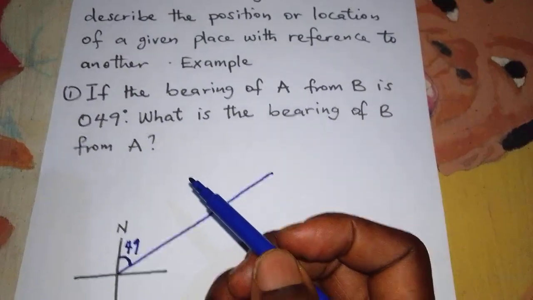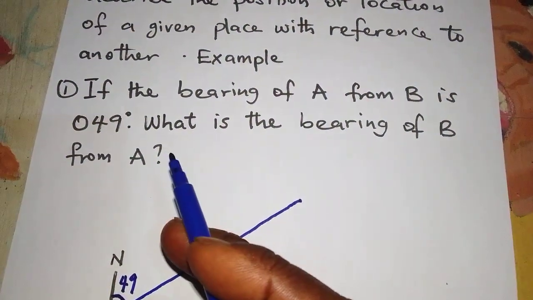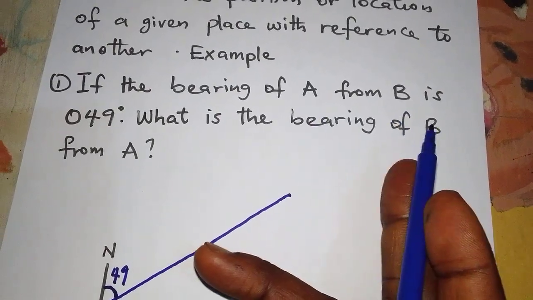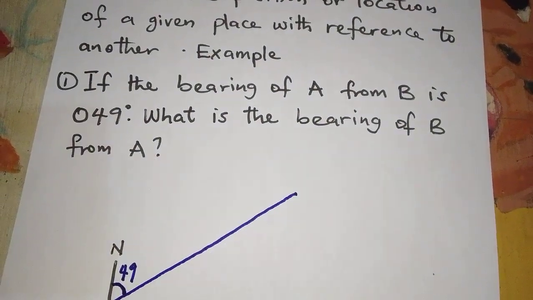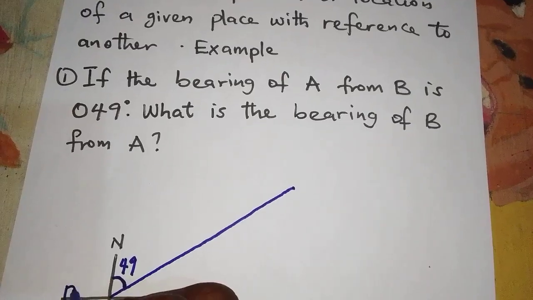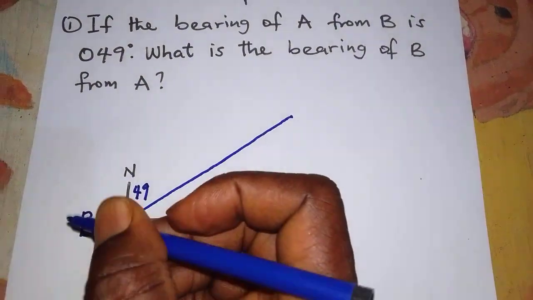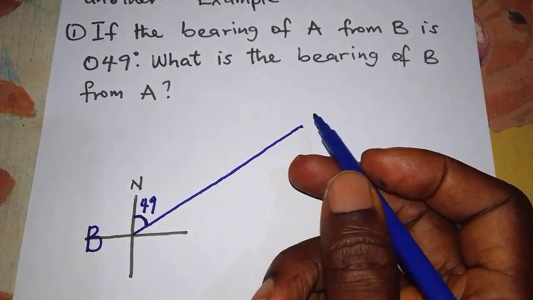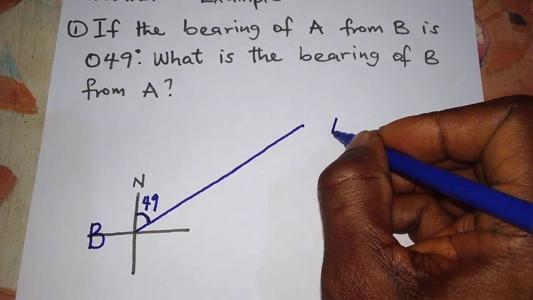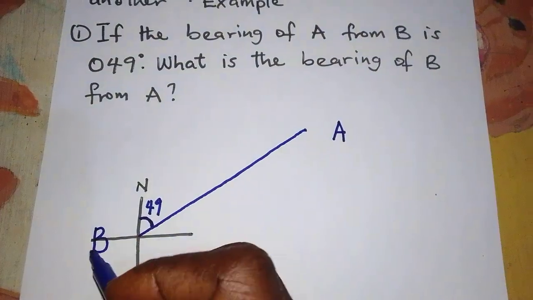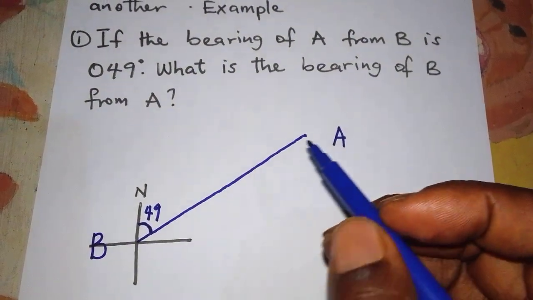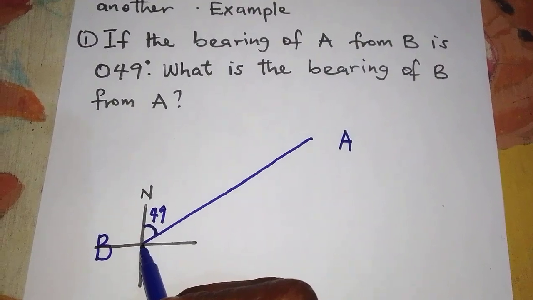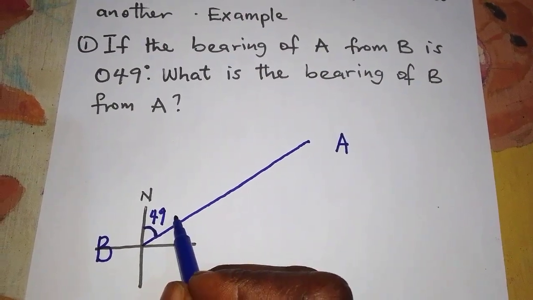So let's go back to the question. We say if the bearing of A from B is 49 degrees. So it means that this point is B, and this place will be point A. If the bearing of A from this place B is 49 degrees,